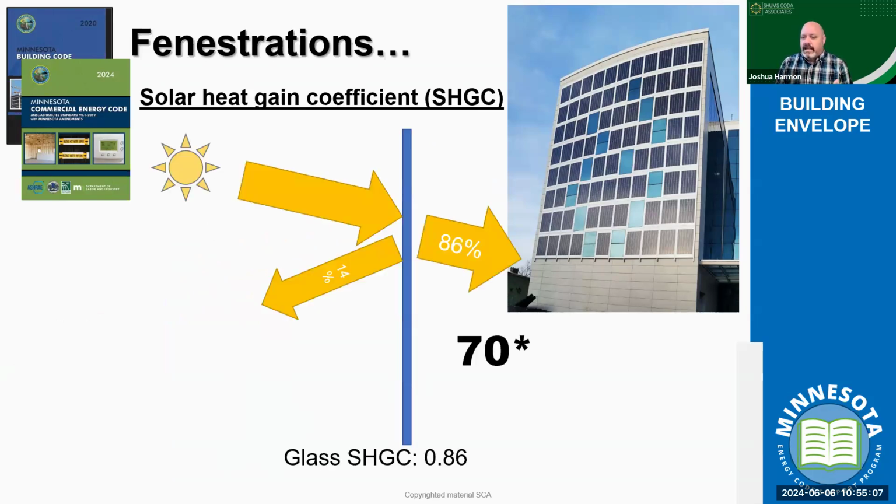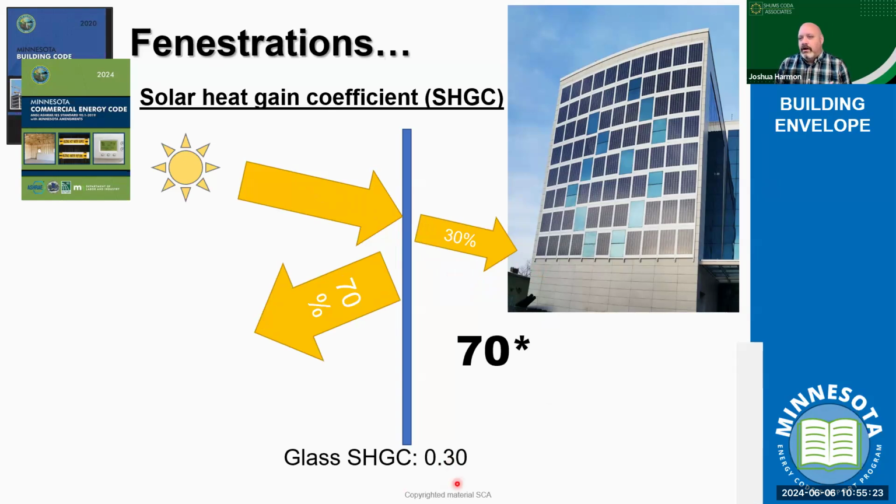The concept of solar heat gain is much the same. The number reflects the percentage of radiative heat that comes through. A solar heat gain of 0.86 is going to allow 86% of the radiative heat through that wall system, whereas 0.30 is going to allow 30% of that radiative heat through those windows. So depending on our building, if we have a large building with a lot of glass, we don't want it to allow all of the heat that comes in during the day to go directly in and affect our heating.